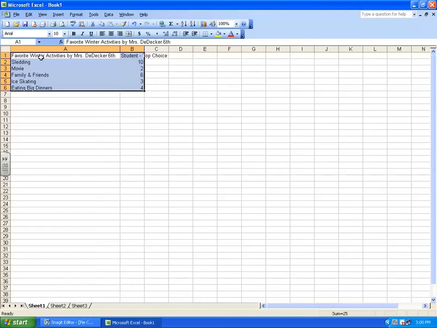Now my entire table is selected, and I'm going to go ahead and do the next step, which says to press the chart wizard. Now on my toolbar, that's what this icon looks like, and it's already there. You by chance might not have it on your